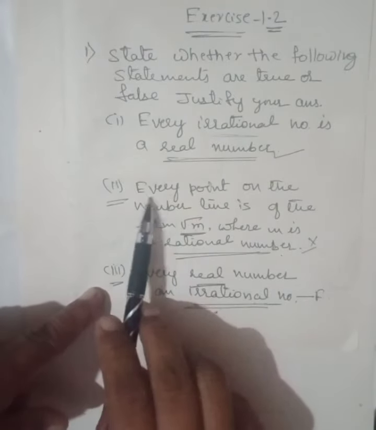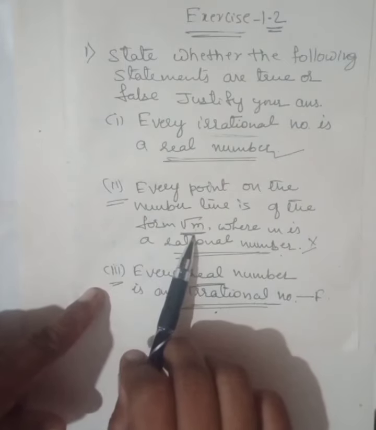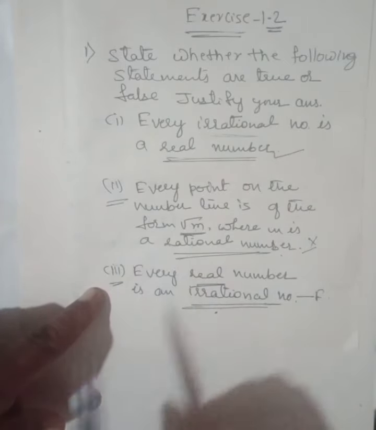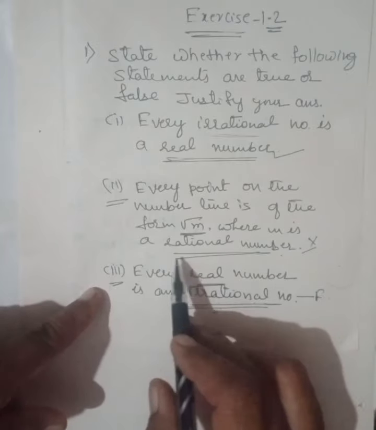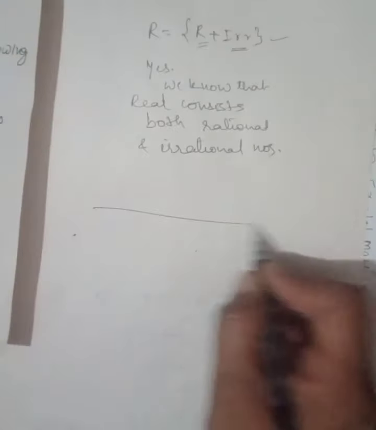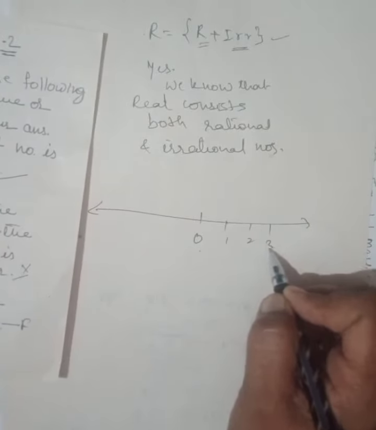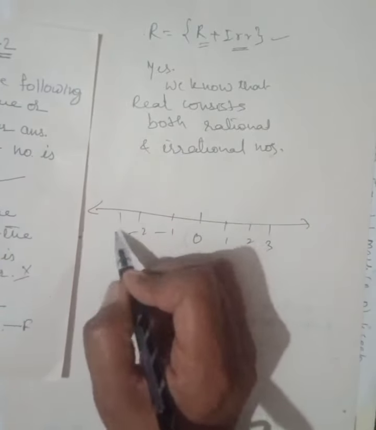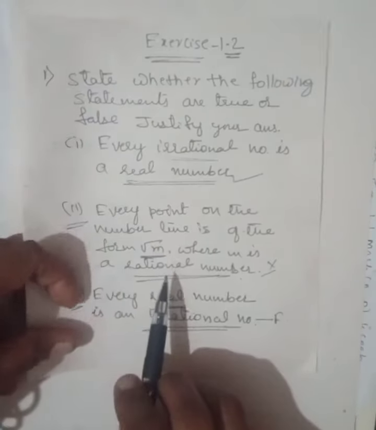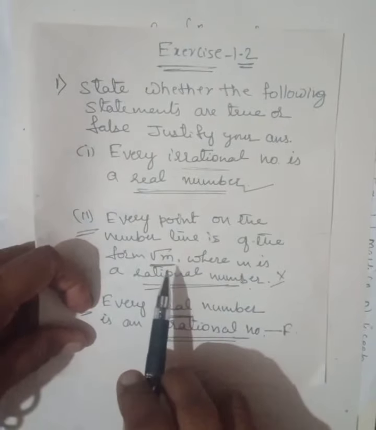This is very interesting. Every point on the number line is of the form root m, where m is a rational number. They are saying here where m is a rational number. Before moving to that, a simple concept: we have 0, then 1, 2, these are positive numbers, and here we have -1, -2 and -3. As we know, rational numbers are positive and also negative. So where m is a rational number means, of course, if it is root 2,